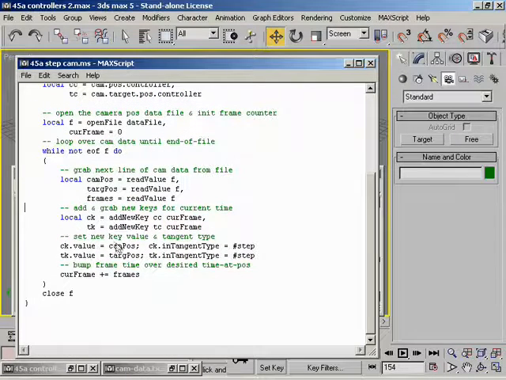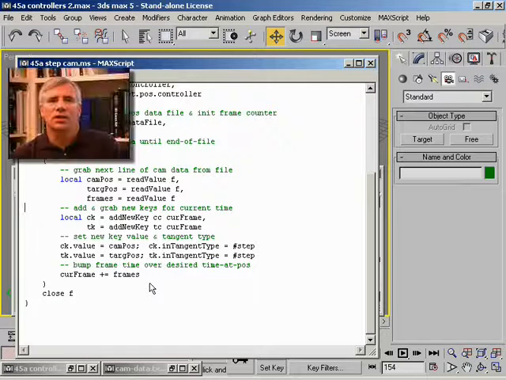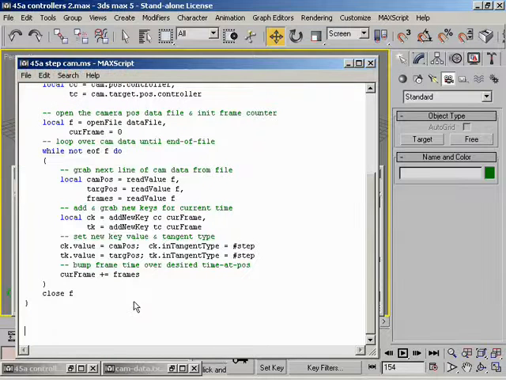The final section implements a loop that reads successive camera steps from the data file and inserts corresponding new keys into the camera and target position tracks. In addition to the key operations, there are a couple of other new things being introduced in this script, including file input and a different kind of loop control. So, the openFile function here opens the file named in its first parameter,